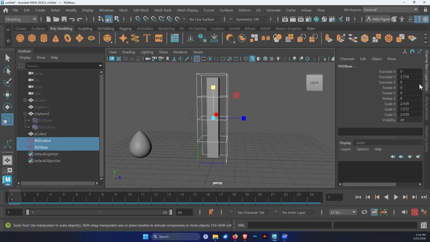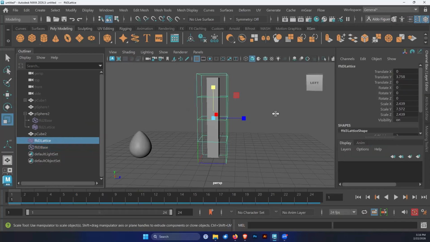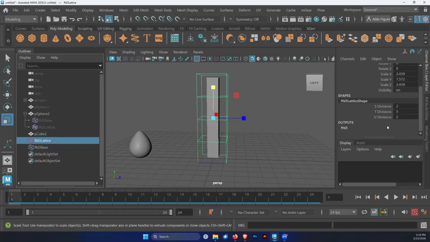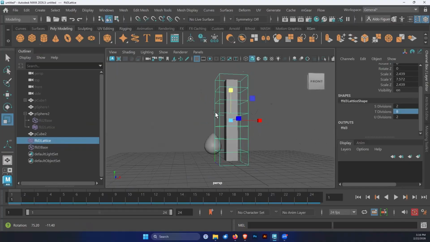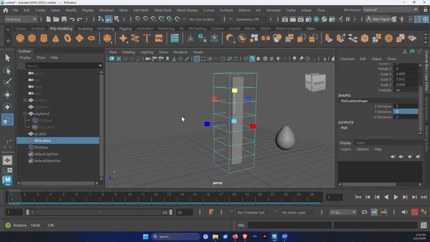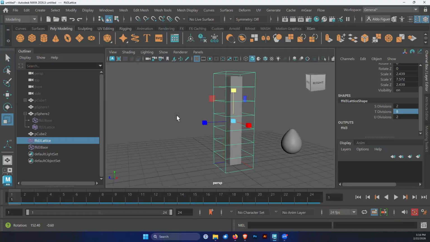I'm going to go back into my channel box. I'm going to select the lattice. If I scroll down under divisions, I'm going to increase this from 5. Let's see, should we go 8? 8 will work perfectly. And so what I want is, say for example, I want this shape to bend over